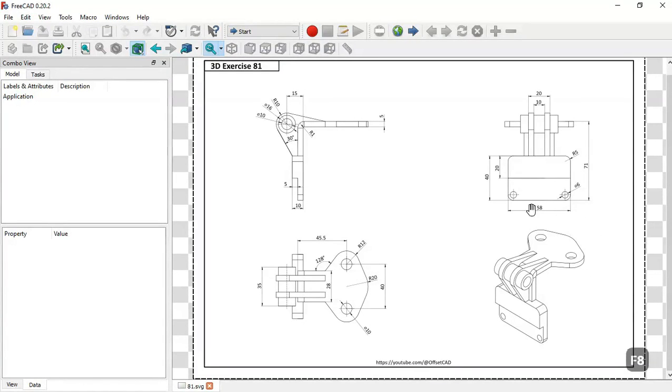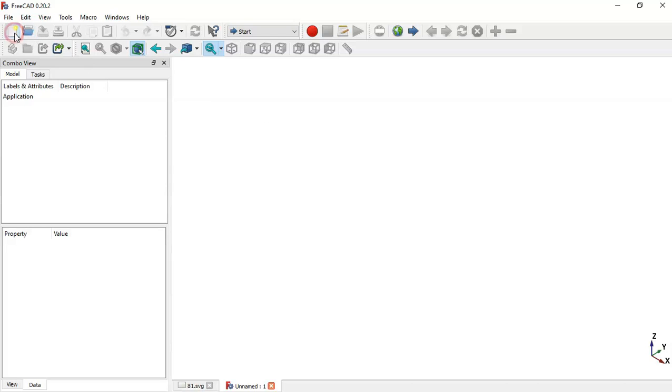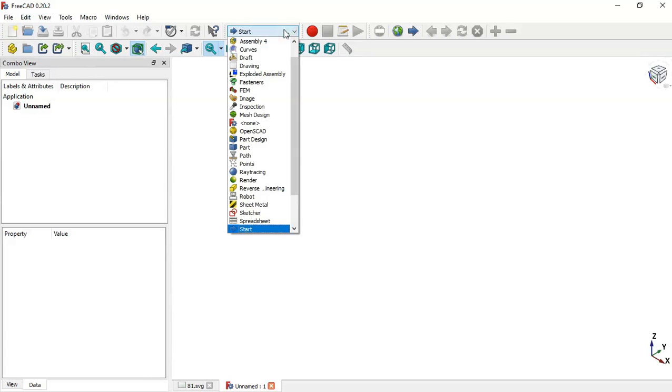In this tutorial I'll show you how to design the simple model in FreeCAD using these dimensions here. So this will be a practical exercise that will use part design workbench, sketch workbench and sheet metal to create this model in FreeCAD. So first here we need to create a new document. So click on this icon to create a new document, and now here click in workbench selector and select part